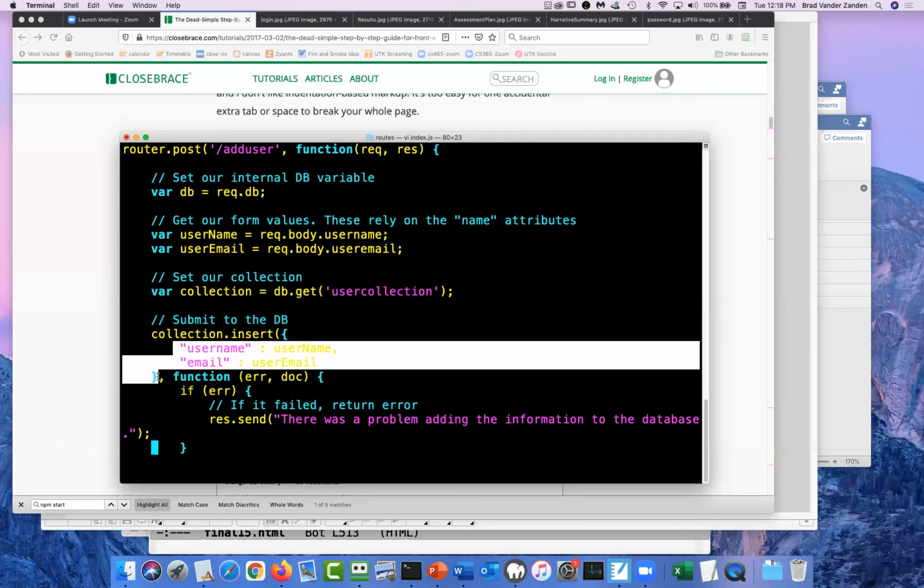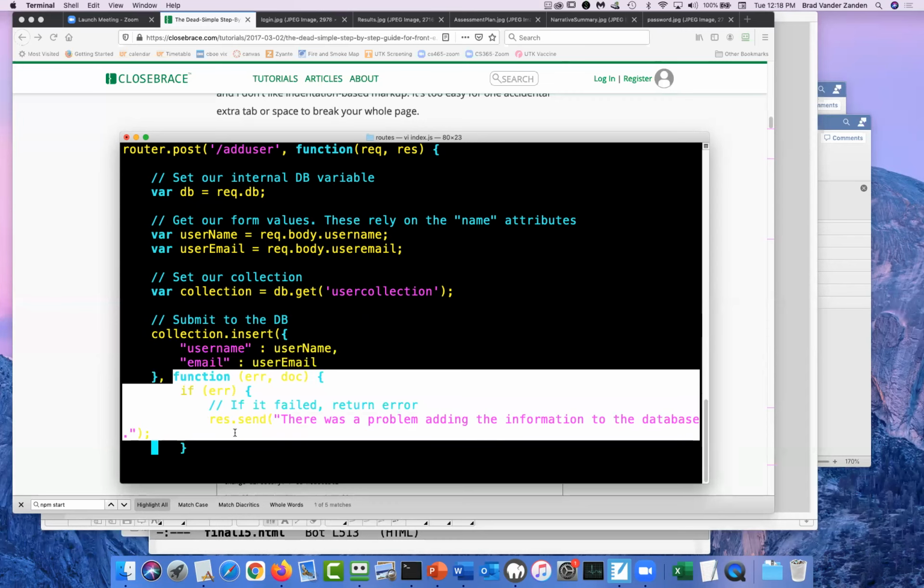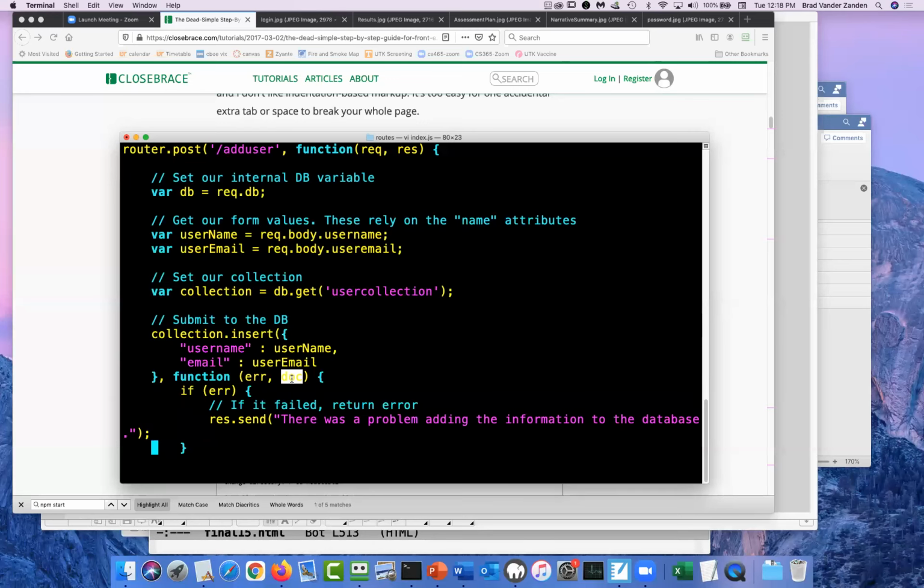And we get, again, a callback function that we can execute when that operation completed. In this case, all we care about, we're just doing an insert. So this doc object would have any items that we had selected from the database, but in this case, we don't care because we're doing an insert. All we care about is actually the error object.